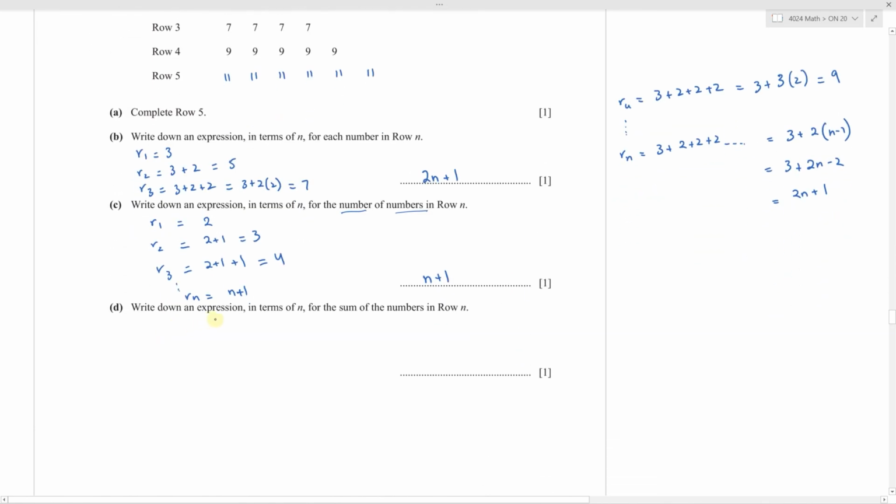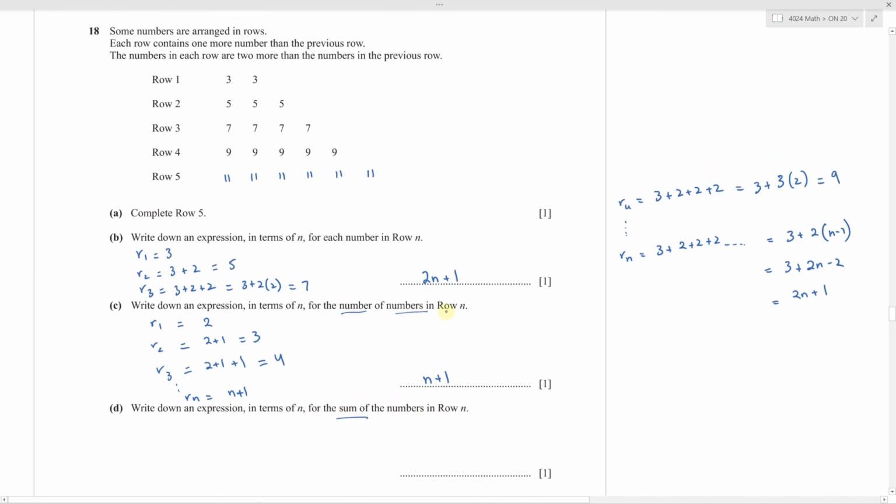Part D is write down an expression in terms of n for the sum of the numbers in row n. So the sum is, for example, in row 1 you have the sum 3 plus 3, 6, or 3 times 2 equals 6. Row 2 you have 3 5s. So 5 times 3 equals 15 is the sum. You have 4 7s here. So 7 multiplied by 4 equals 28. So what you're doing is you're taking the number and then multiplying it by the number of times it occurs